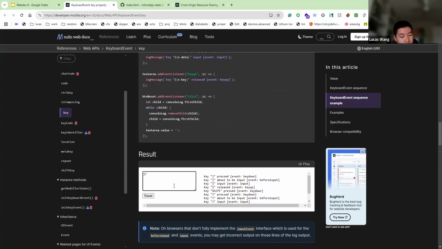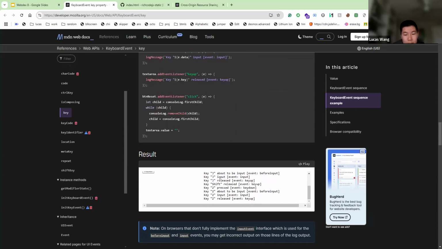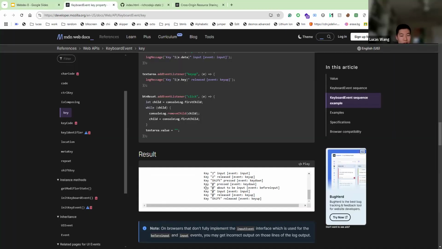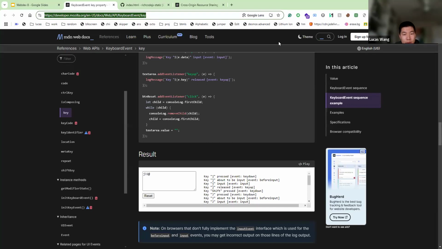And this also applies for the top row too. So like two, it only sees two. If I press shift two, so that's an at sign, it will give you the at sign. And also you don't have to memorize any key data per se. It's literally just a character that you would type out. So like the key, and then for special keys like shift, it's just the name of the key with a capital letter. And when you don't know what the code is for something, you can just always go here,